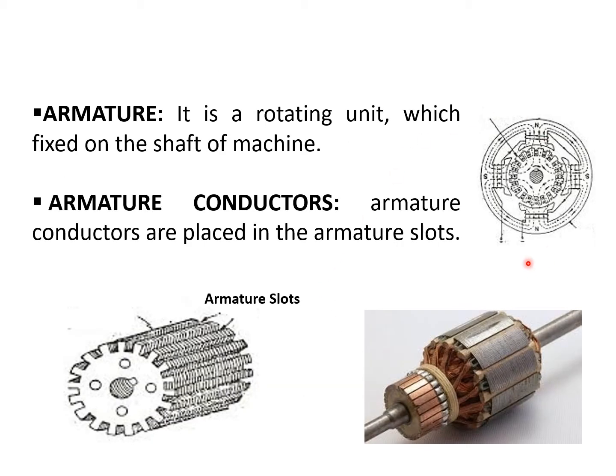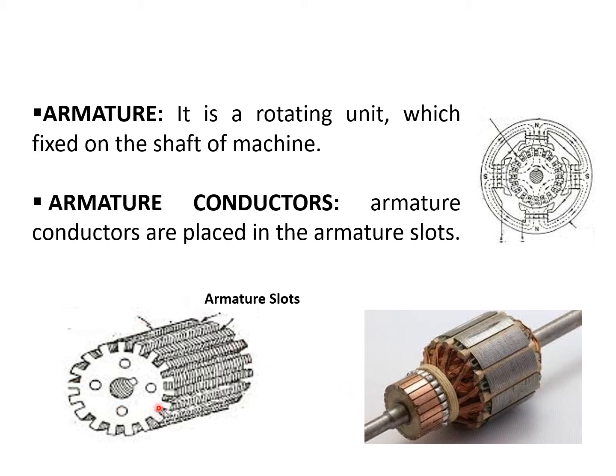Armature: at the center is the shaft, and with the shaft is the armature. The armature has armature slots in its outer periphery, and armature conductors are placed in the armature slots. This is the complete unit of a machine. This is the armature and the armature windings, and this is the commutator and commutator segments. Each armature conductor is connected with one commutator segment, and in the center is the shaft.